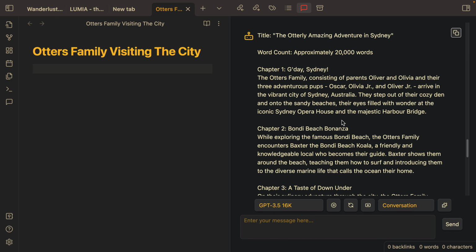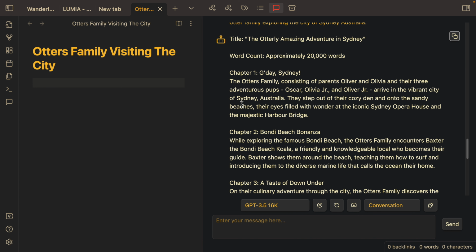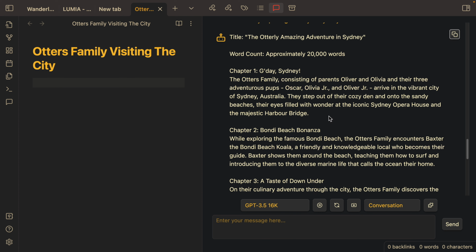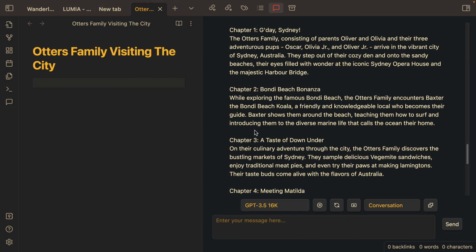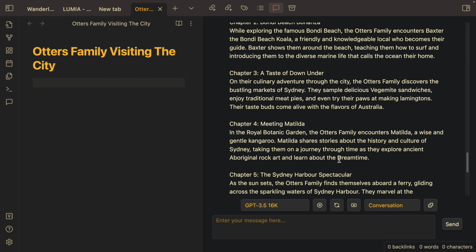I think we need a way to make this a little bit more interesting. Sydney Opera House, Harbour Bridge, maybe the Rocks, Bondi Beach, culinary, Vegemite. It's all very generic. So I don't mind it. At first, it's all very generic.